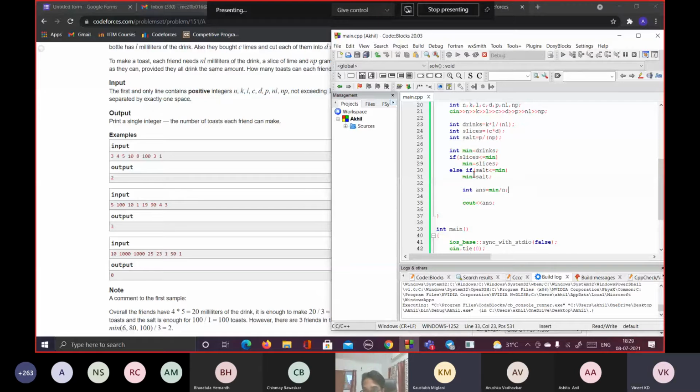They both should be if, because if both slices and salt are less than min, you need to update it twice, but you are just updating it once. Other than that, I think it was earlier also correct. So here my bug was a very simple one, just writing an else if statement instead of an if one.